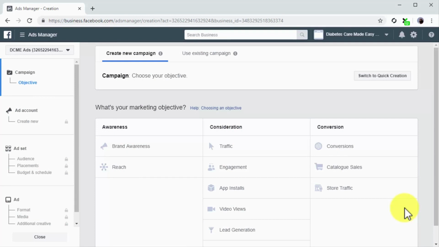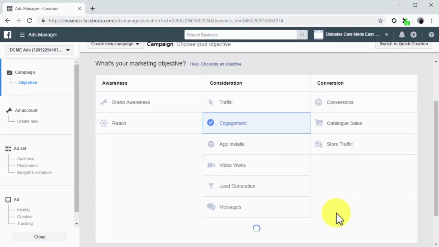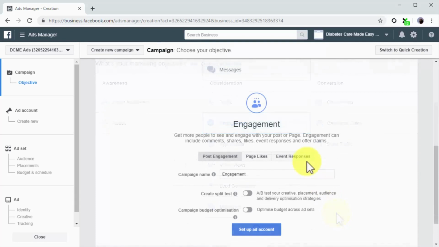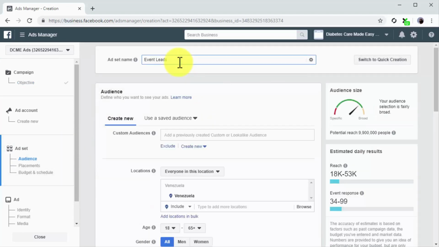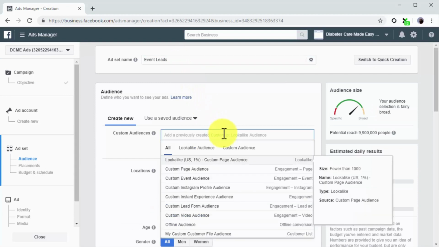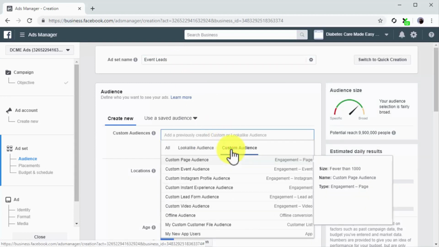Because these users have shown an interest in our event yet didn't engage or convert, we are going to select engagement as our marketing objective and event responses as our goal. After selecting the objective, move to the ad set section. First, enter the name of this new ad set. Now click on the Custom Audiences field and select your custom events